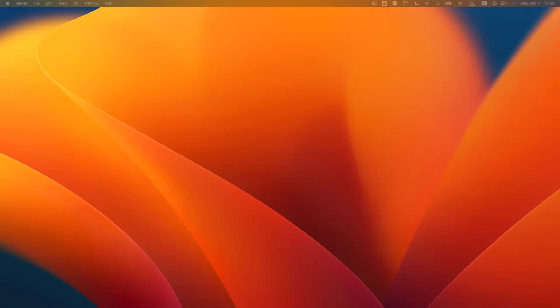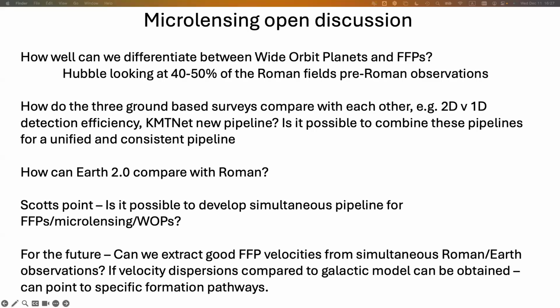I have been working on a project looking at TESS data to try to find any sort of microlensing candidates, right? And one of the things we found in the first sector that we looked through was an event that looks very, very strongly like what you would expect for an FFP with finite source effects, right? Problem is TESS is not designed to be a microlensing survey, and so the rates you would expect are just, I mean, this would point to some very, very high abundance of FFPs, and so